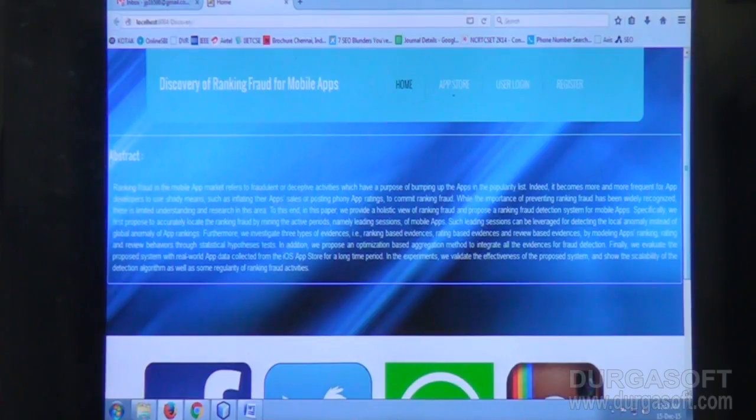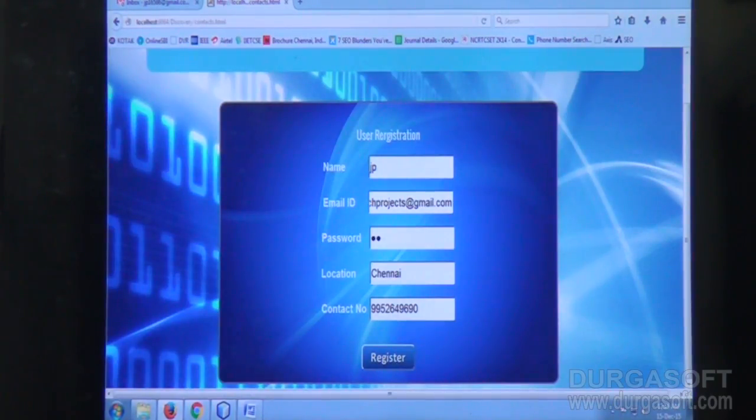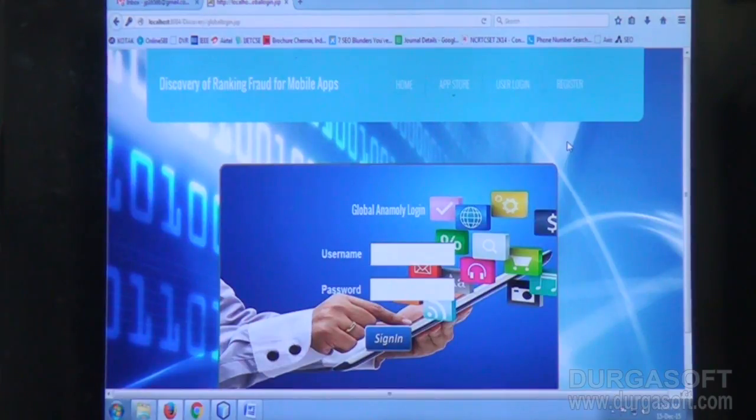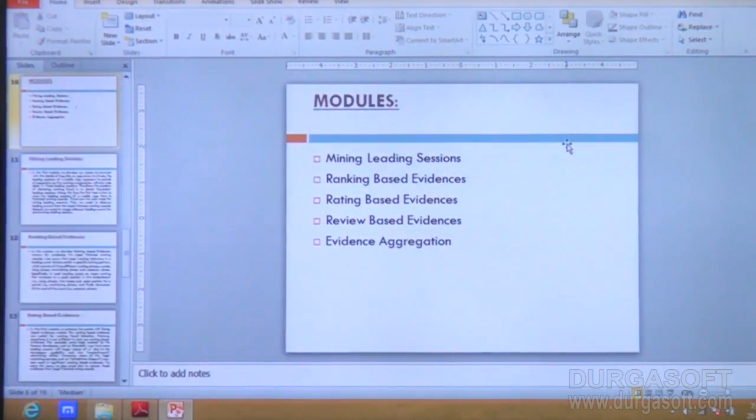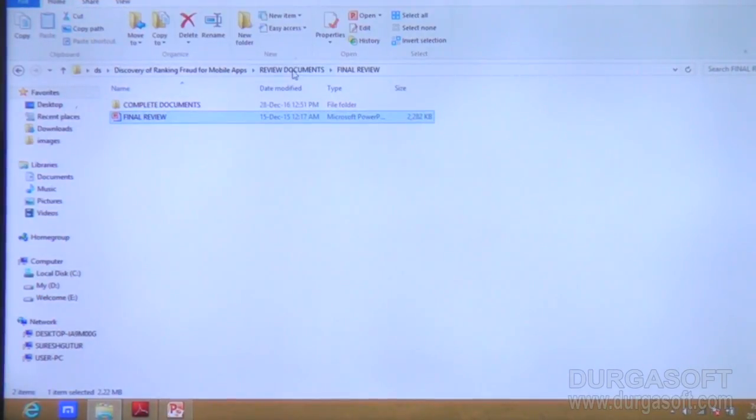This is the home page of our application which we have done. Registration pages, references. I will show you the complete screenshots.